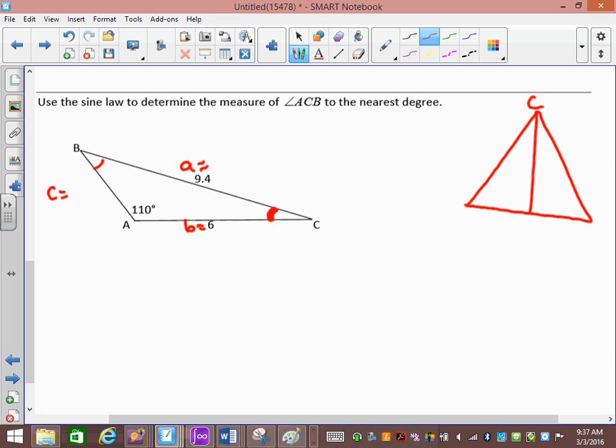And this is C, right? And I ask you to find C. Do you find the whole thing? Do you find the little piece? What do you find? So if I label these A, B, and D, let's say, if I say find angle